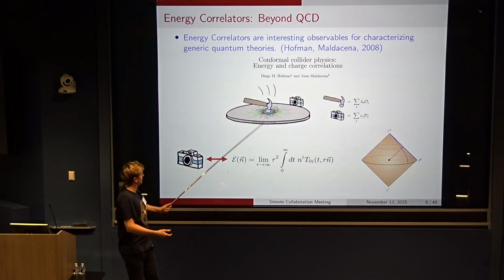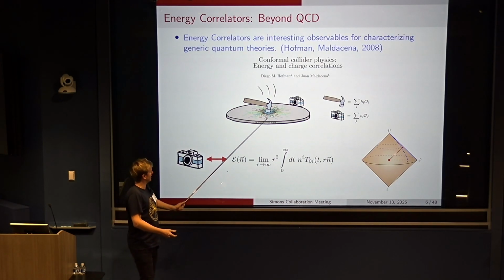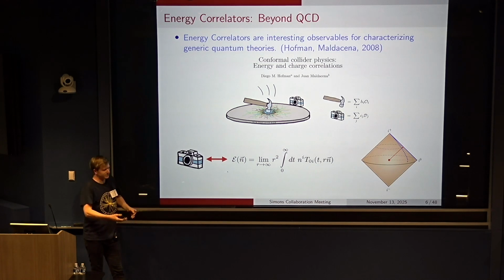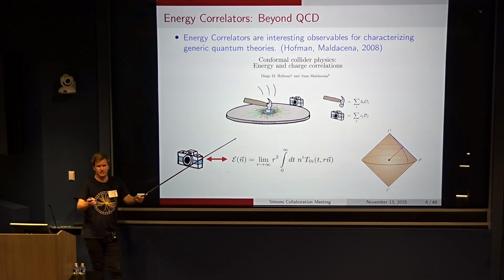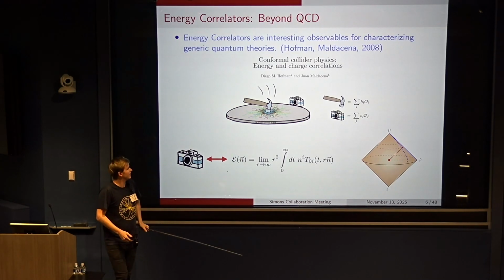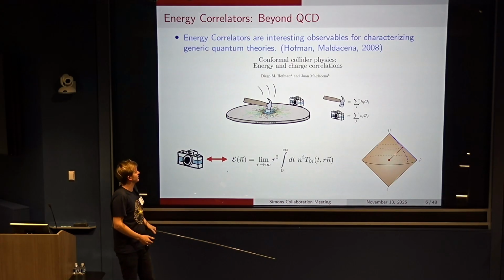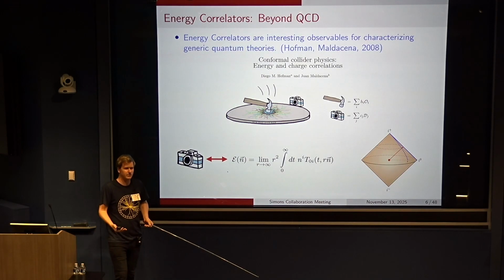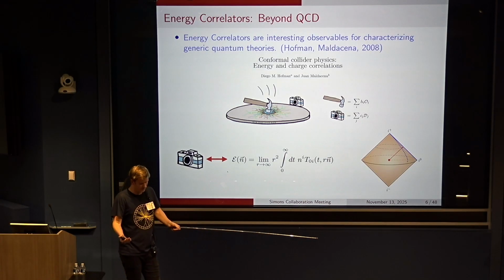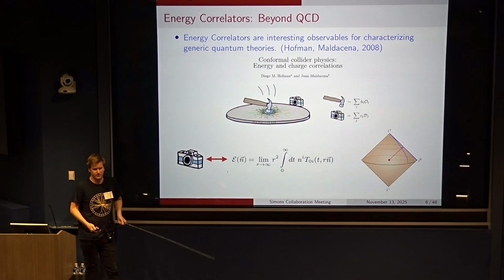And so this picture was made by David Simmons-Duffin. And so his favorite conformal field theory is the Ising model. And so you can imagine that you have some 2 plus 1D sample of the Ising model. And you can excite it at some particular location, and then measure the fluxes which come out to infinity. And so this is some natural set of observables which you can measure in just completely generic theories, much like you do in QCD. And so this is very helpful in trying to connect what people do in the specific case of QCD with what you can do in more generic quantum field theories.